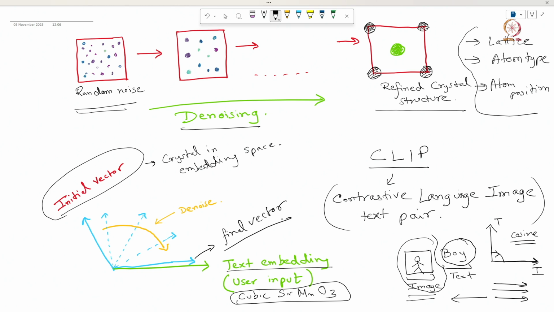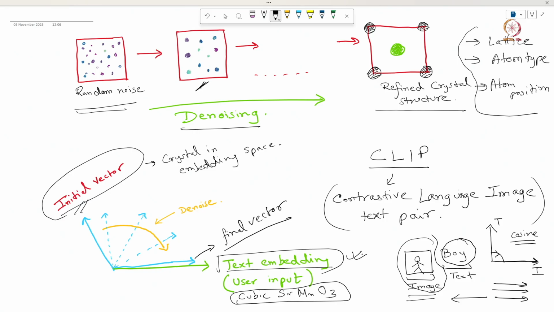And when CLIP was trained, a crystal structure of SrMnO3 was given, and the description was given that this is the composition SrMnO3, this is cubic in nature, and these two vectors were made to align during the training process itself.